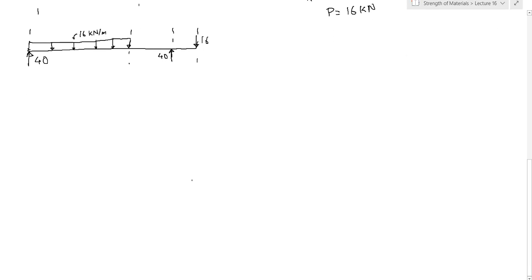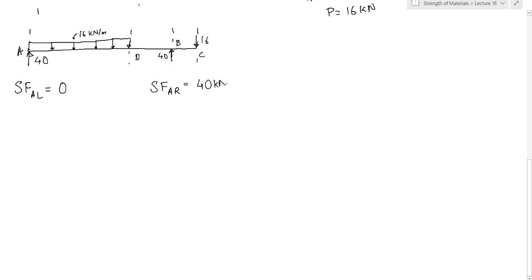So see, the naming in this case is slightly different. They have named this as A, they have named this as B, and they have named, I think, this point is D and this point is C, right? So we have to do shear force calculation twice for every point. So shear force to the left of A will be 0, right? To the left of A there is nothing. Shear force to the right of A will be what?